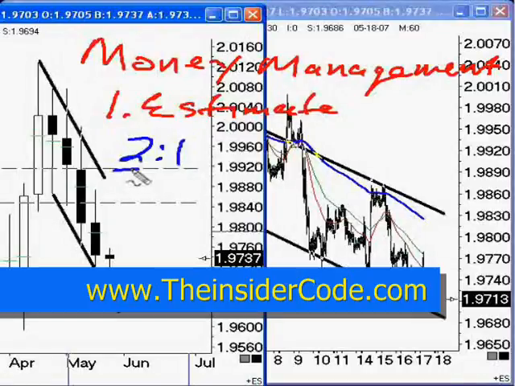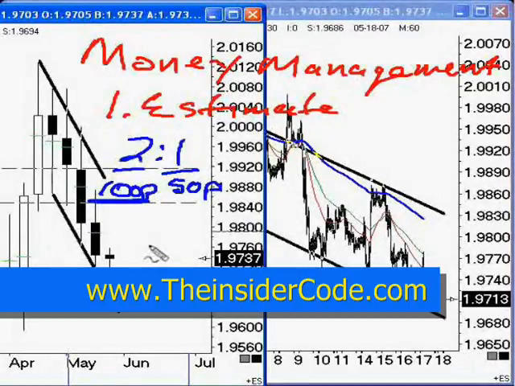meaning if they measure 2-to-1 risk-reward, well, by golly, if they have a 50 pip stop, they're going to take the 50 pip stop, and they're not going to get out at 98 pips. They're only going to get out at exactly 100 pips. Even if the market is shouting at them to get out when they're at 85 pips, they're not going to get out. And even if the market was saying, hey man, this thing's going to go down big time, when the market is at 25 pips, they're going to hold out for 50.